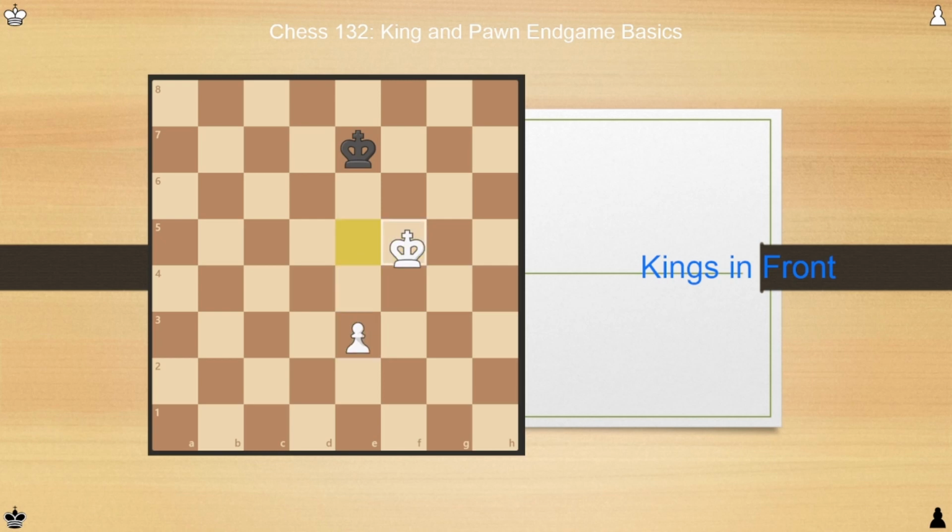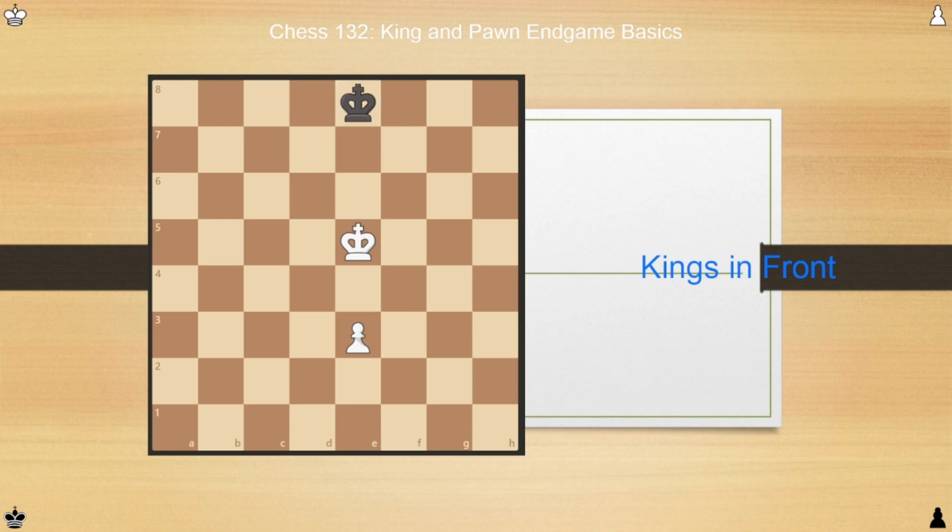A similar story would have happened after king e7, king e5, with repetition of the position. White can continue to use their advantage of opposition to eventually reach the position where their pawn reaches the fifth rank. At that point, if black has the opposition, white still wins due to the reasons we described earlier. And if white has the opposition, black will be forced to give white's king control of the remainder of the